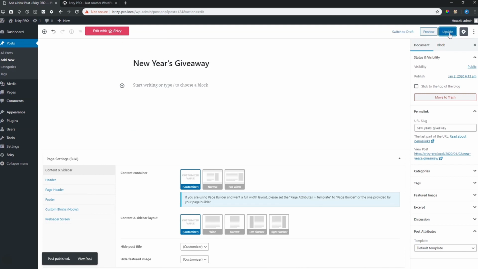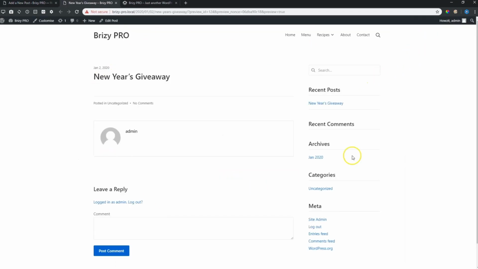What I want you to do now is go and view how this post will appear on the front end. Click here on preview, and you will see a lot of stuff appear over here. There is the title. Here it says posted in uncategorized. You can apply a category to it. No comments. And here is the person who had typed that. We will look at all of this for now. I just want you to understand the difference between a post and a page. This here is a news section. Keep that in your head.